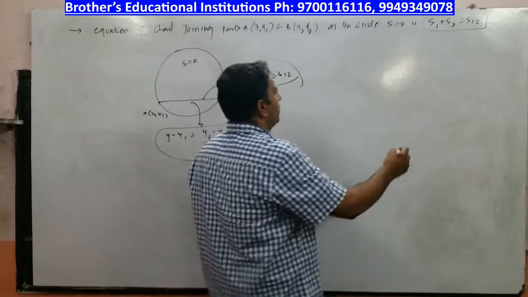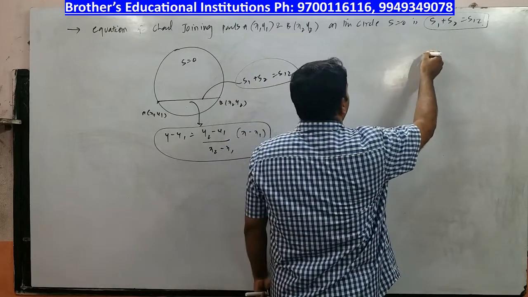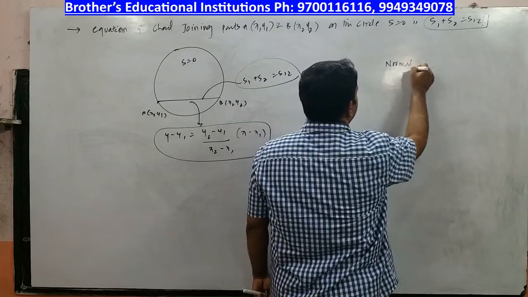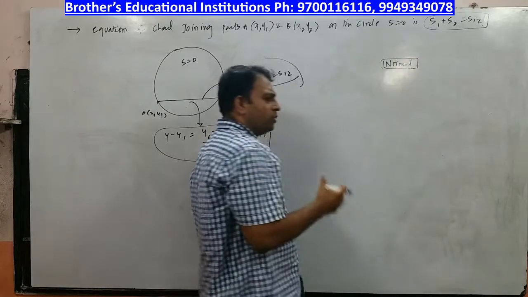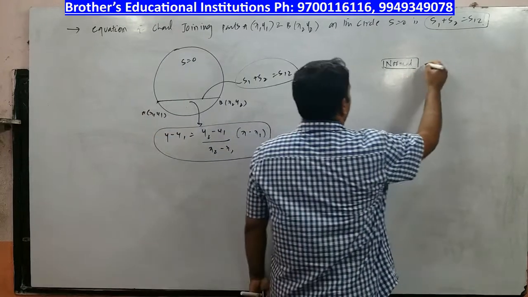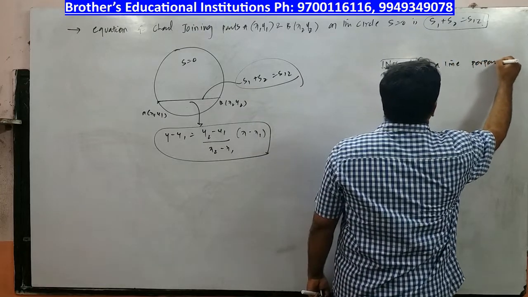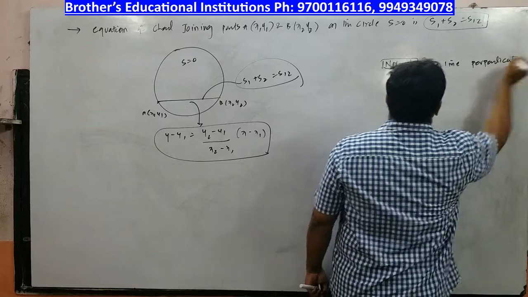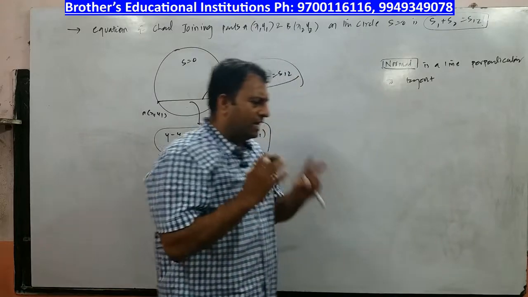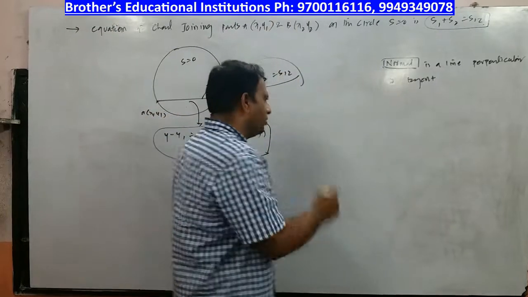Now, let us try to understand what a normal is. Point of contact we have already discussed. Right. So children, you have understood what a tangent is. What is a normal? Normal is a line perpendicular to tangent. Right? Perpendicular to tangent. Again, this is the half definition. Many children will say, what is normal? It is a line perpendicular to tangent. No, it is only a half definition.